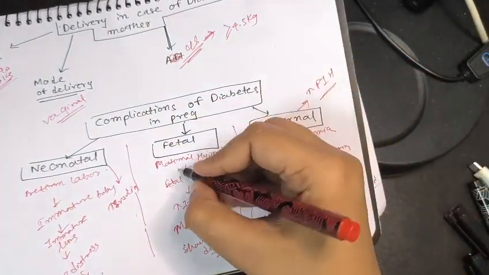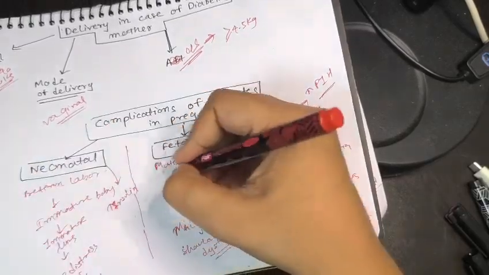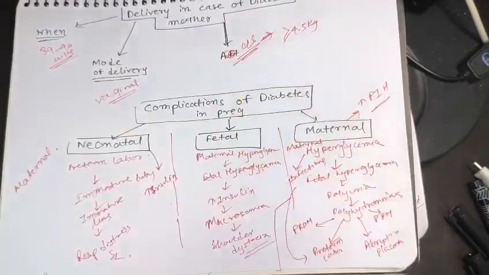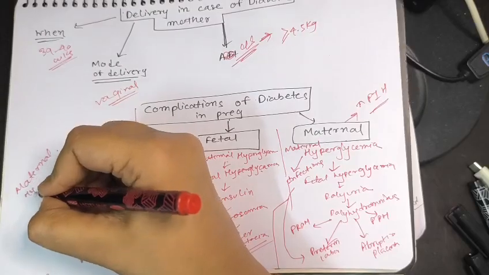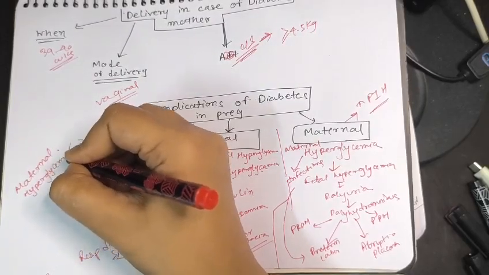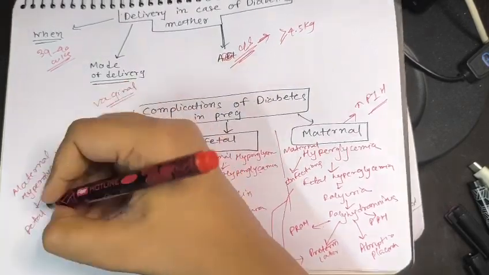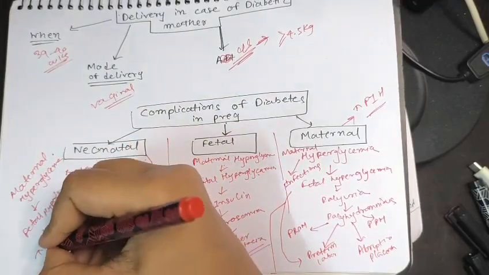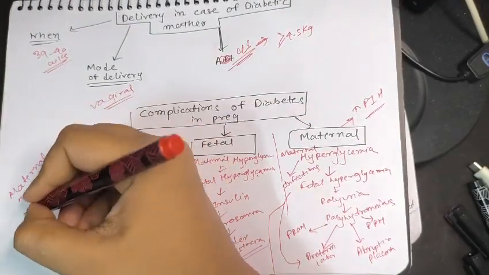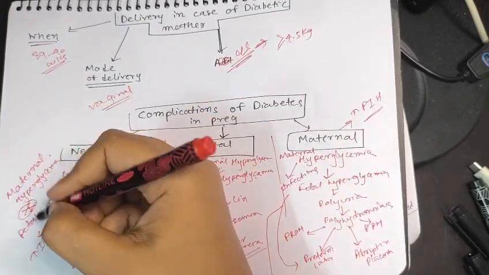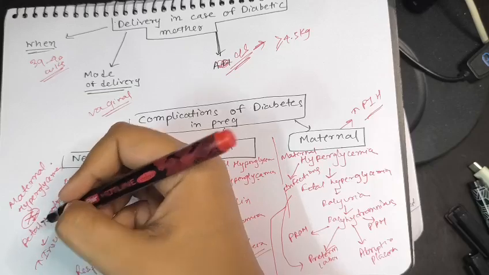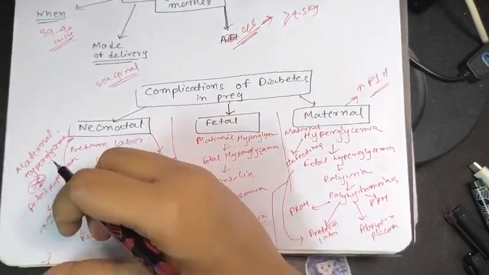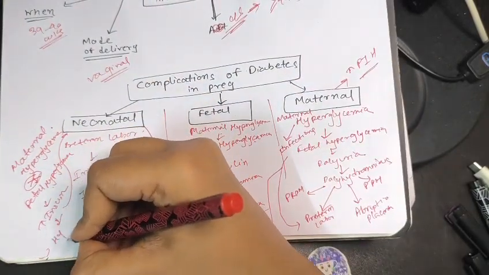Wait, I'm making you understand again. Maternal hyperglycemia will increase what? Fetal hyperglycemia. Now to combat that, what will the fetus do? It will increase insulin. So now after the delivery, the umbilical cord has been cut, so there is no connection between the mother and fetus, and it has become a neonate. But the insulin remains the same. So what will the raised insulin do? It will cause hypoglycemia,